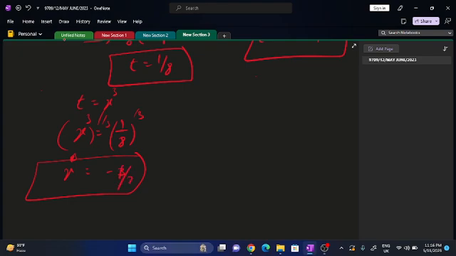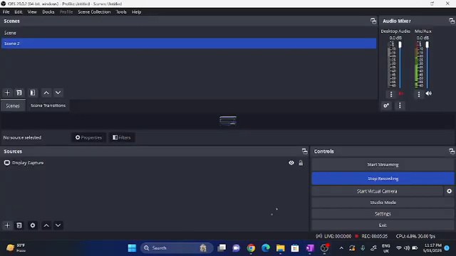Sorry, my bad, x = 1/2 actually. From the second one, x^3 = -27. Apply the cube root on both sides, that gives you x = -3. So from the first equation I have x = 1/2, and from the other equation x = -3. That's the complete